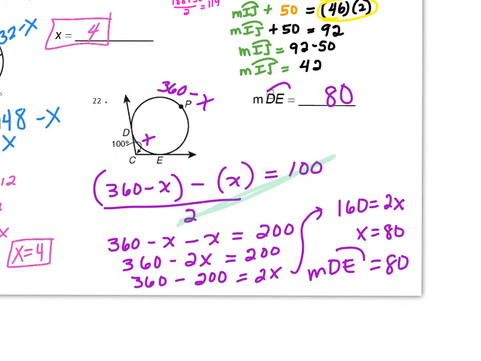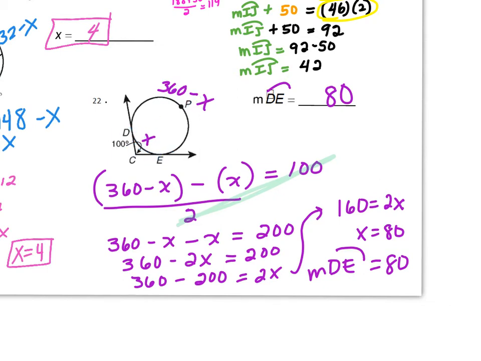Number 22. Now I have an entire circle, which is 360. I'm choosing this to be my variable, my arc piece that I don't know. It starts at D, wherever this line touches the circle, and it ends at E, wherever this ray touches the circle. Now since that's X and the whole circle's 360, I could take my 360 and take off this X